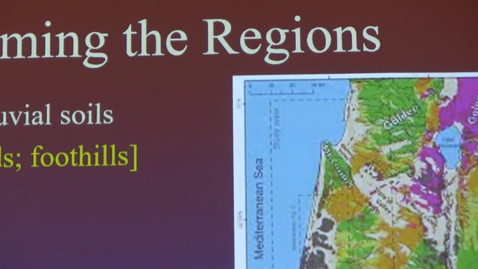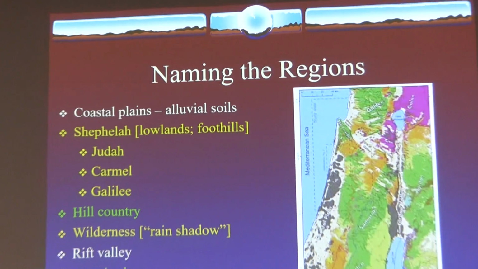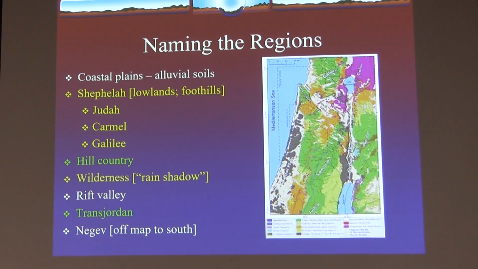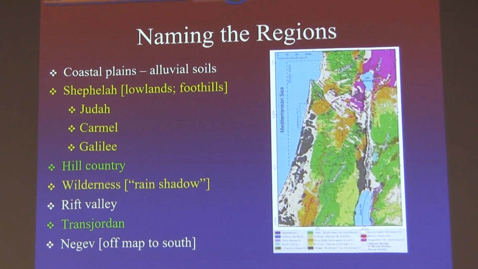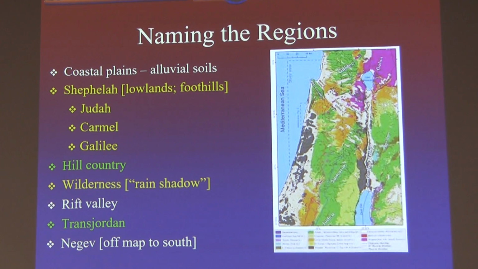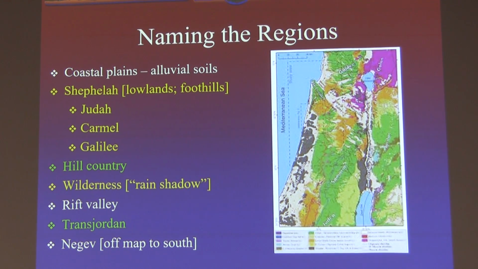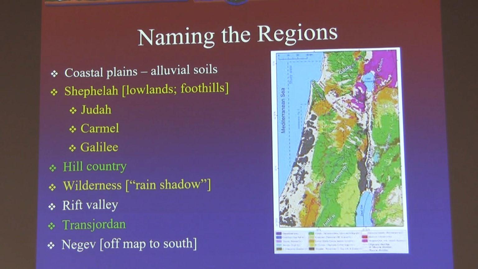Now let's name the regions that go along with those maps, particularly our geological map. Again, the point here is to get a sense of who lives where and how these regions relate to each other and why each one is important. This is an overview approach. When we deal with regional studies, we'll do more with specifics. But for our purposes, here are our coastal plain areas, primarily alluvial soils. If you think of this area in antiquity, think of it as being not just good soils, but primarily swampy.